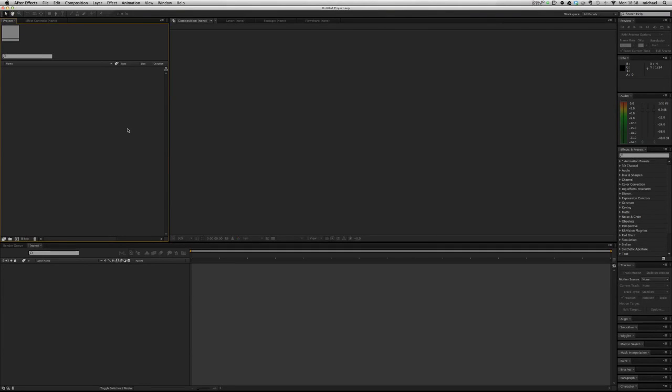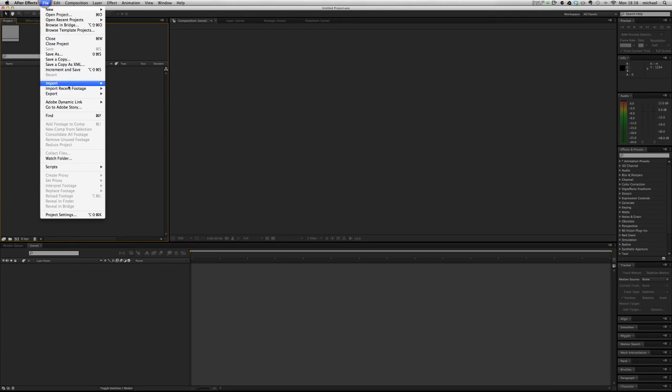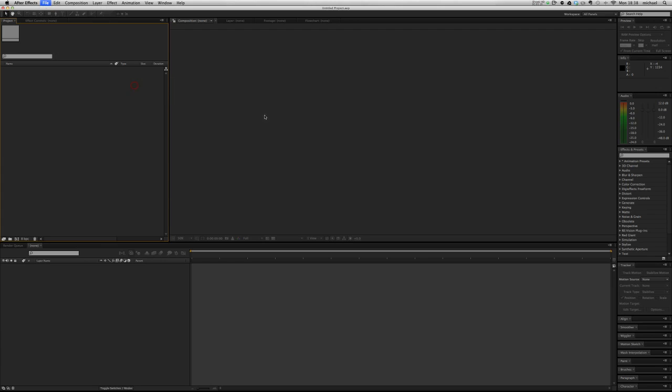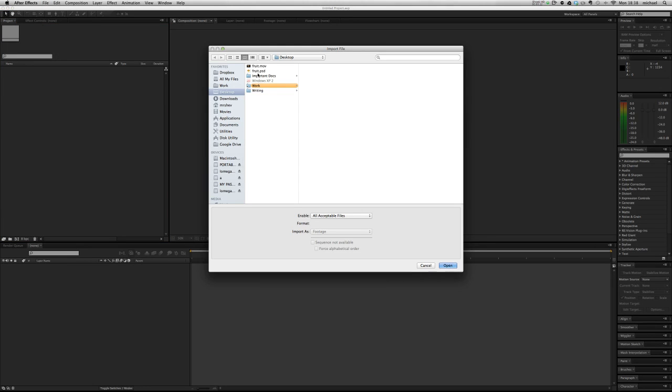Okay, so here we have the second part of the fruit salad animation project. I'm going to import the Photoshop file that we made, which is called Fruit PSD. I'm going to have a couple of options here to import as footage, composition, or composition retain layer sizes. So I'm going to import as retain layer sizes, and what that means is that each layer will be cut